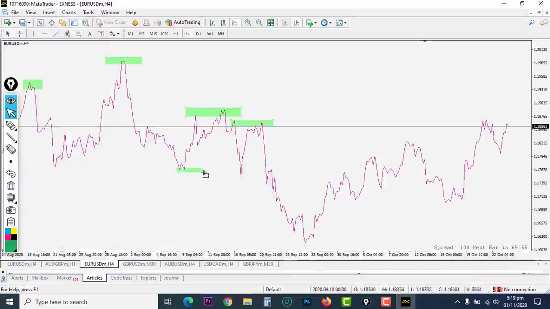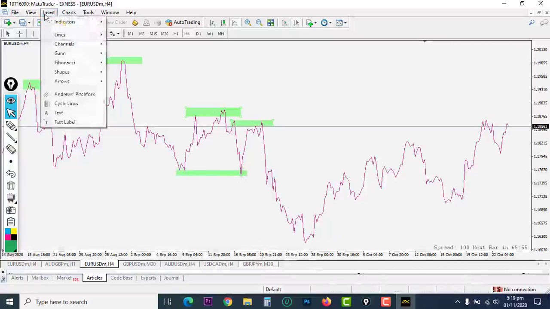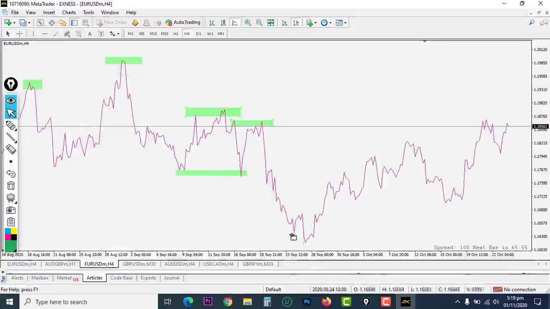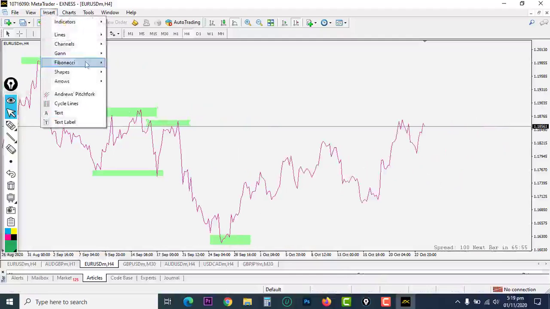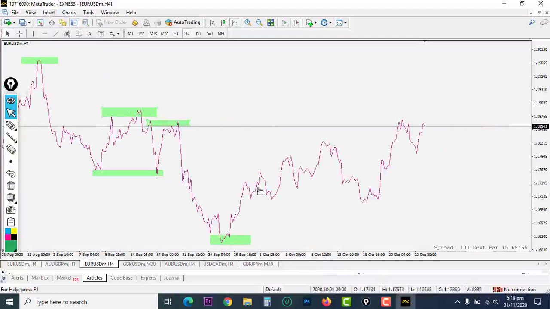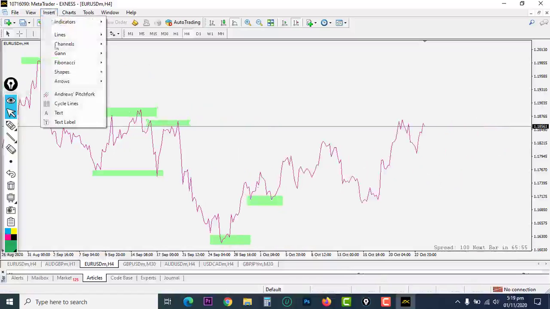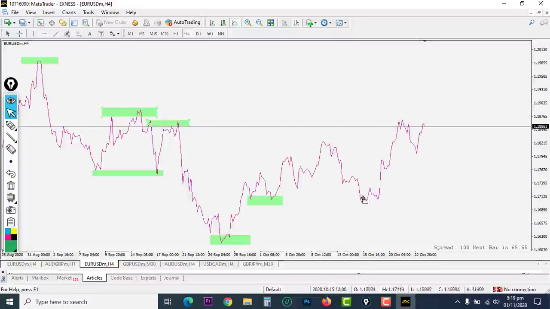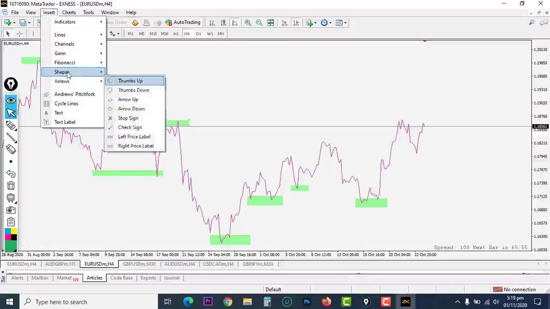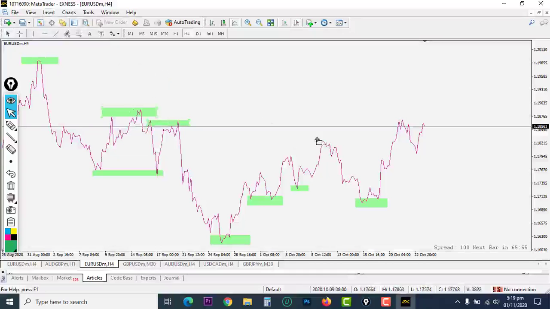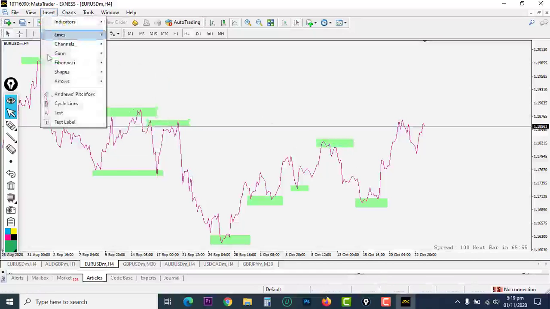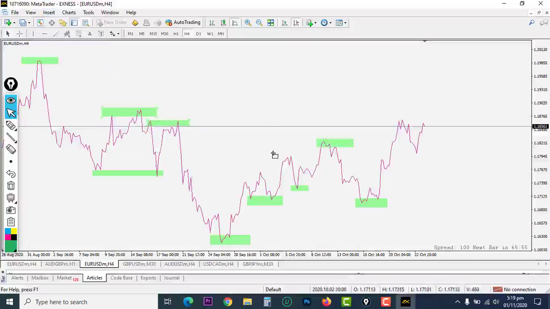And here we have support, and here we have support as well, and here we have support, and here also we have support. So basically, the areas where you have most of the peaks and the valleys, they are your support and resistance levels. Okay, remember we discussed earlier on, we said the market goes up and down, up and down, up and